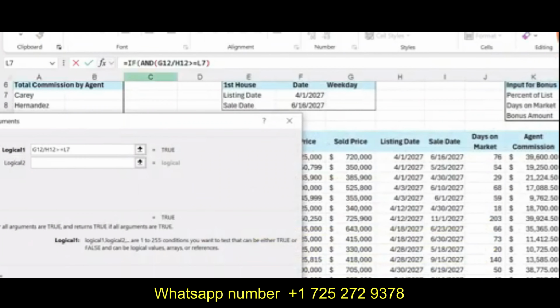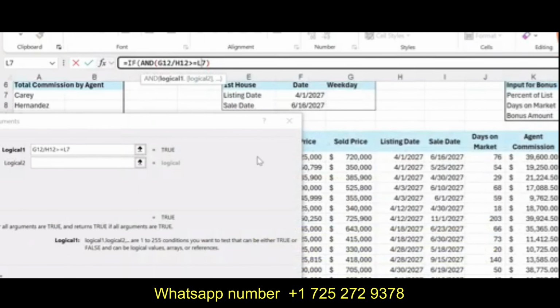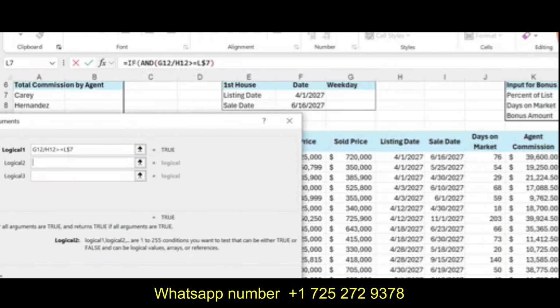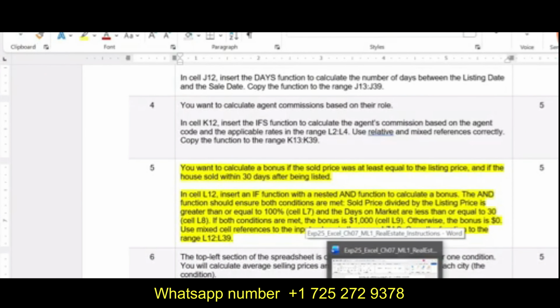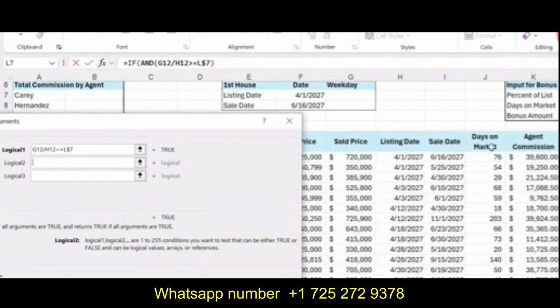Since we are supposed to use mixed references, we will use the $ sign here. So now our logical test 2 is also given, that is days on the market are less than or equal to 30. Days on the market, that means J12 less than or equal to 30, that is L8.